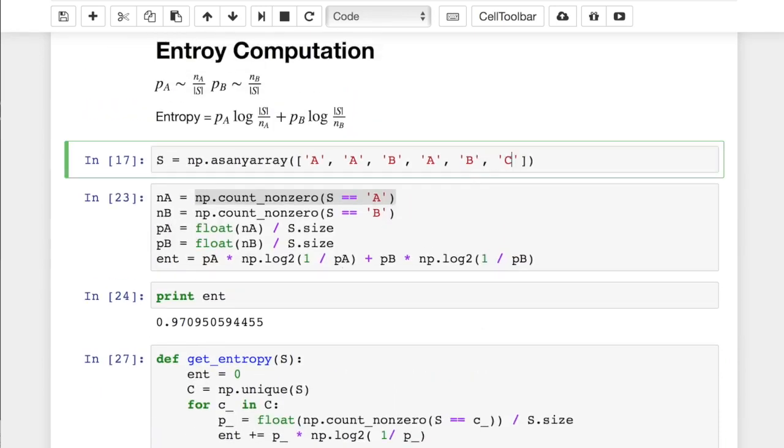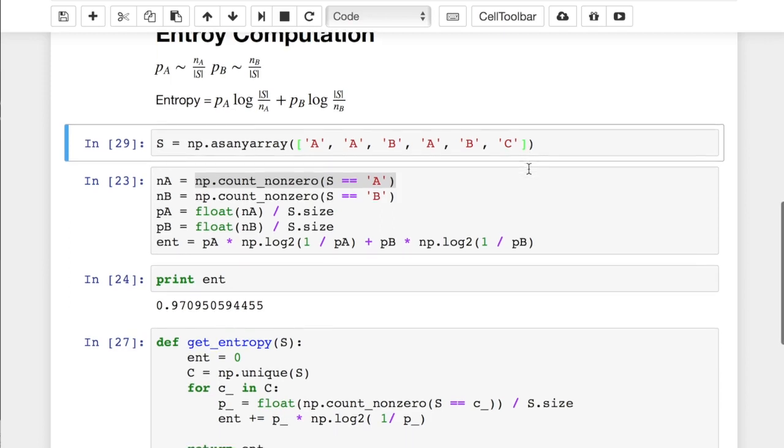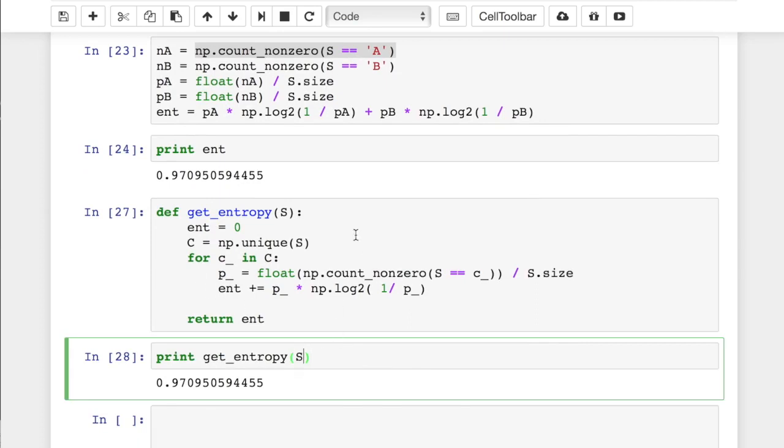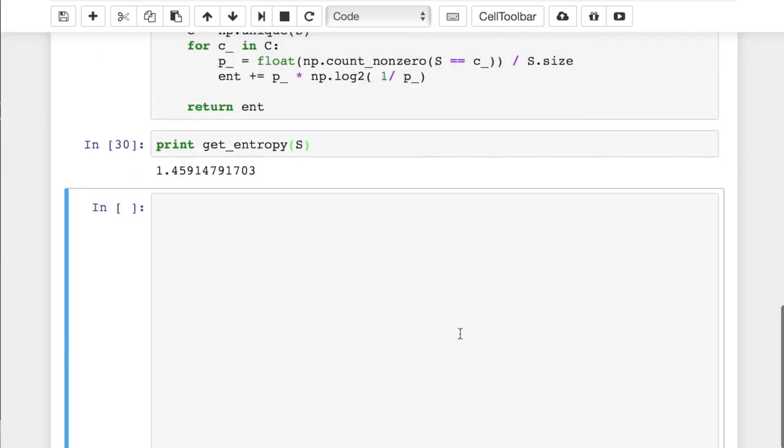Say for another example, let us add another event. We would expect the entropy to be a little bit more than the previous one, because now we make the situation more complex, and presumably we need more bits to describe it. Okay, in this case, let's try. We do not need to redefine this function, because it should work for whatever kind of input sets. As expected,